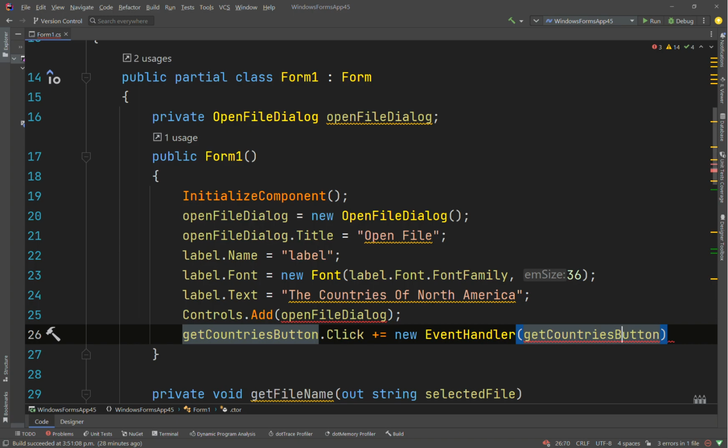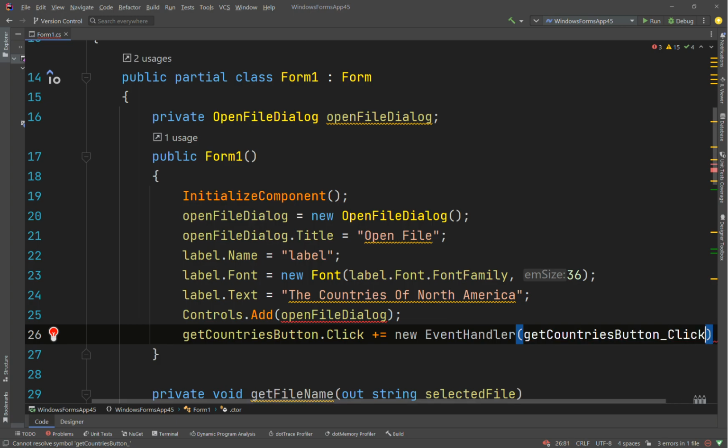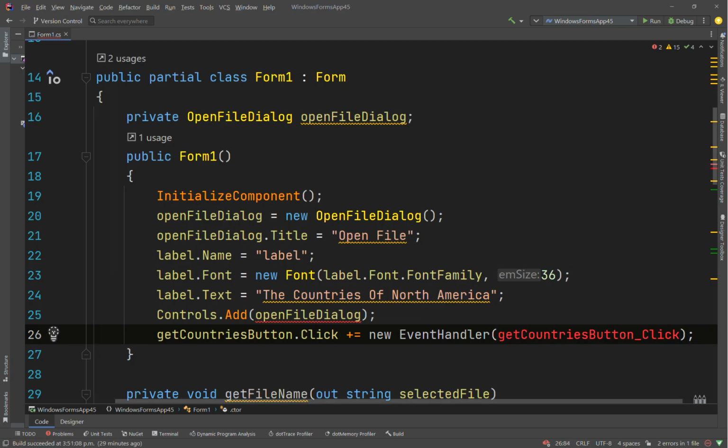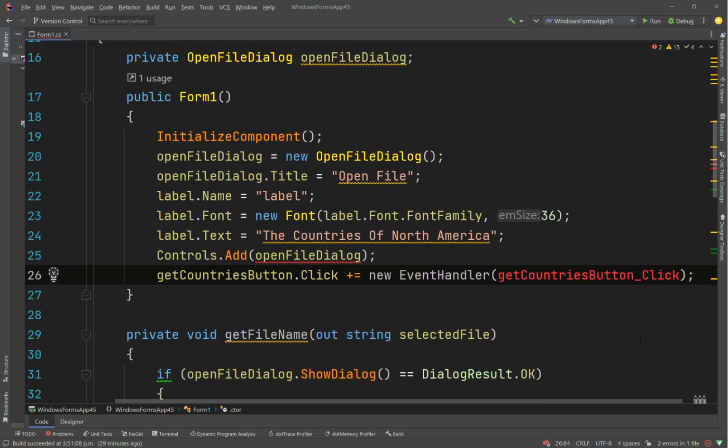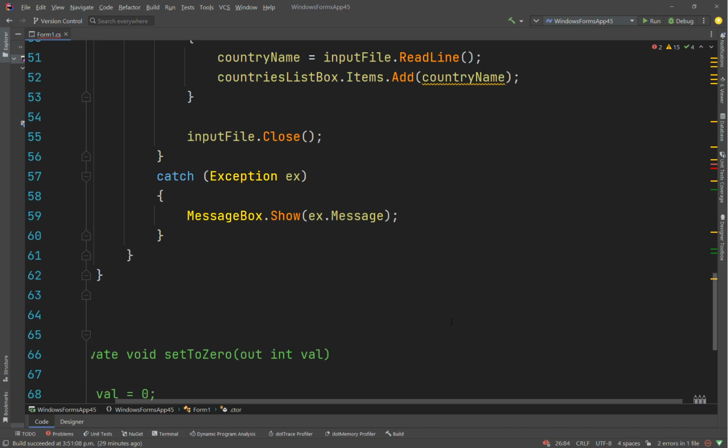Then we'll say here get countries button. This is where we name it. We go get countries button underscore click. Now I was trying to figure out what that is because it doesn't recognize that method name. So get countries button dot click plus equals new event handler. Then I think the name that you want is get countries button underscore click. Okay. Now we go under here and say